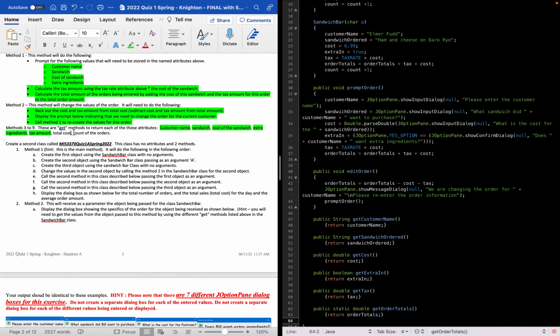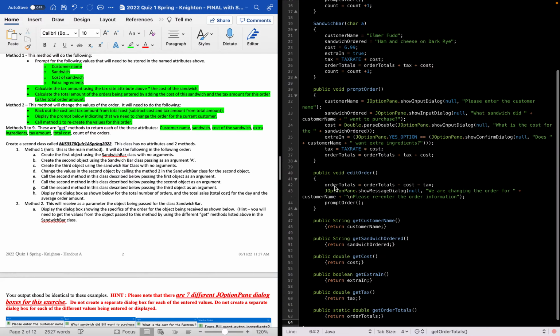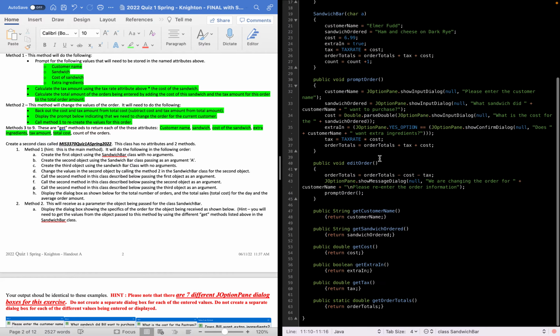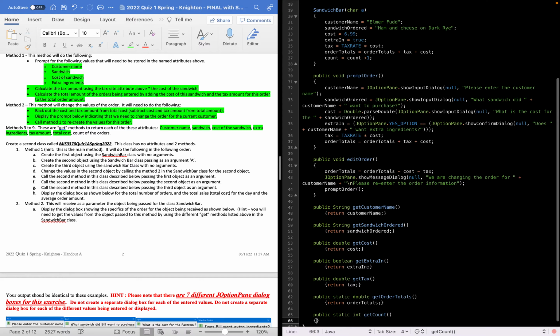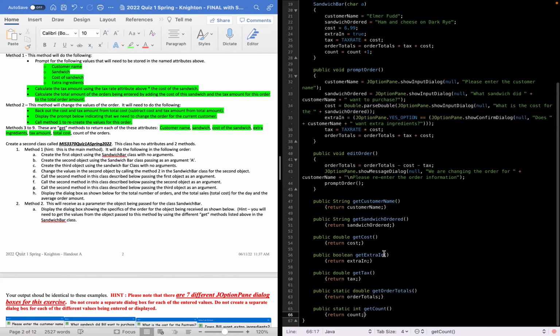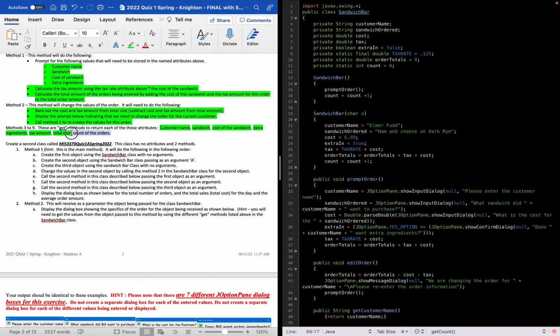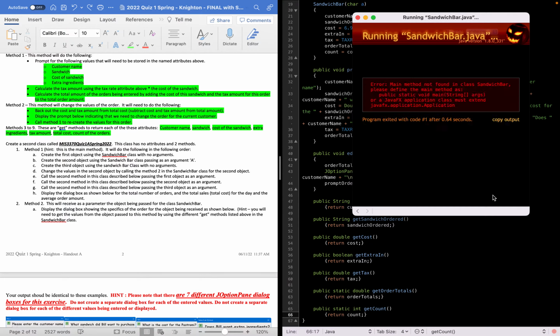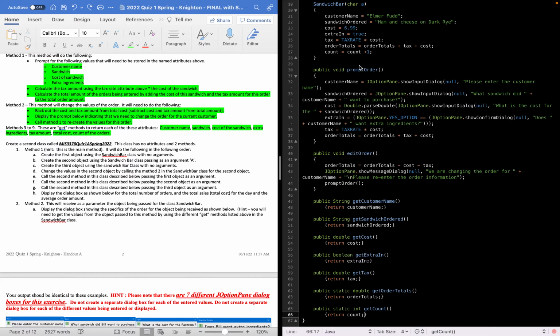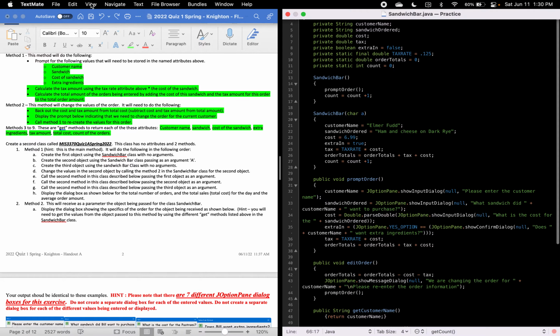And the last one is going to be the count of the orders. So the count, it's a static int. So we're going to do public static int get count, and we're going to return the count, semicolon. So looks like we have completed this first class. Let's go ahead and compile. So we have not made any syntax errors. That's good. Now we can move on and open up